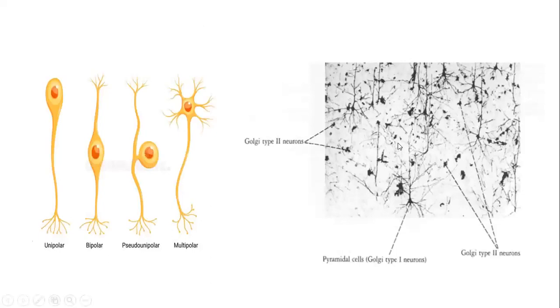Here is the diagram on the right side of the slide. These small dots that you can see, they are the Golgi type 2 type of neuron. And these small dots that you can see with multiple fibers arising from them are called type 1. They are the example of the Golgi type 1 neurons. So I hope this lecture was of any help to you. It was just the basic introduction of the neuroanatomy and nervous system.